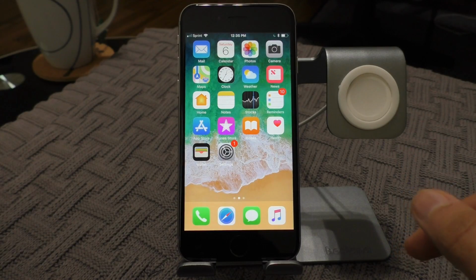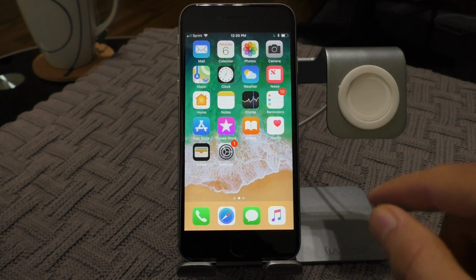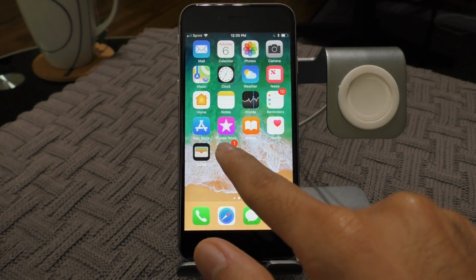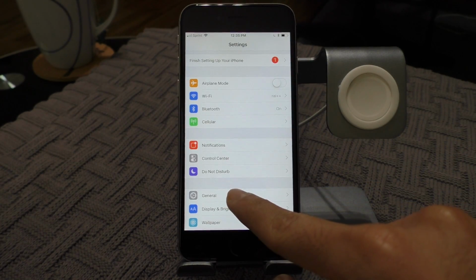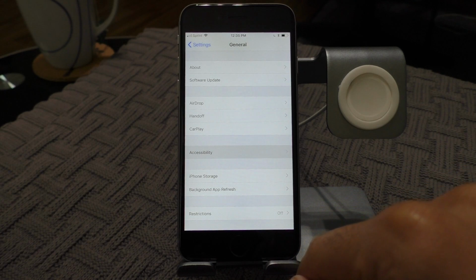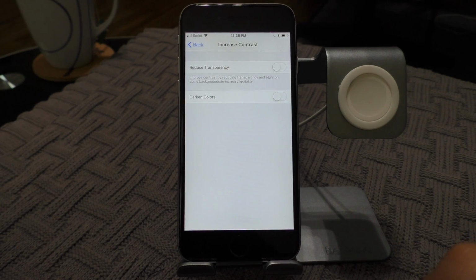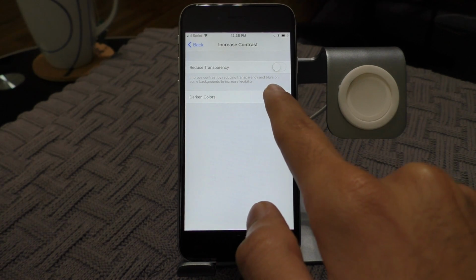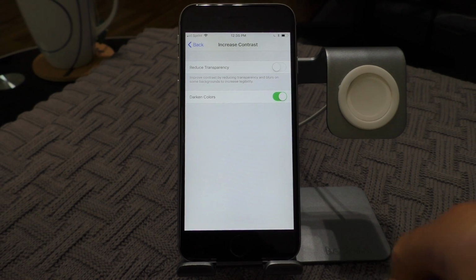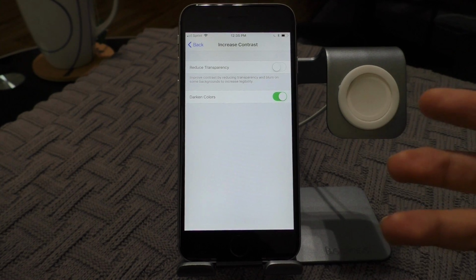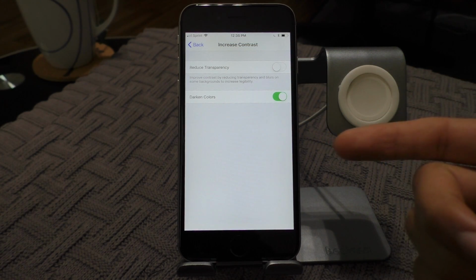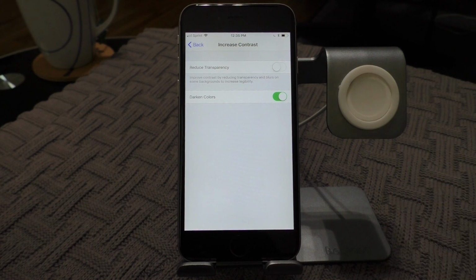Now the next thing I want to do is actually change the color contrast for the screen. So I'm going to go back to settings, and from here I'm going to go to general and then accessibility, and then scroll here to increase contrast. So I'm going to go ahead and click that, and here I'm going to choose darken colors, and I want to turn that on. And what that's going to do is make the colors of the labels, of some of the text, a little bit more deep and rich, and I feel like I'm describing a very elegant ice cream,